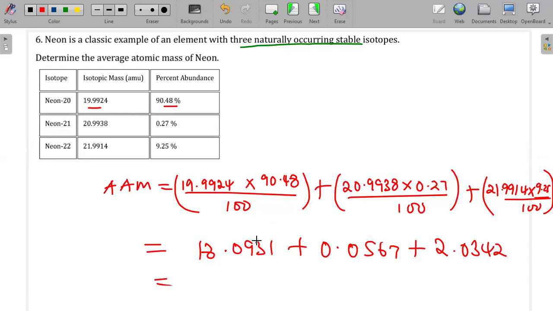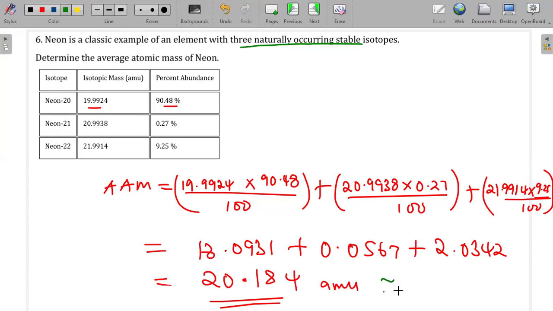I'm going to add them and then express the answer to how many significant figures? We can express it to two significant figures because the lowest here is this one with two significant figures. So I'm going to find 20.184, and this will be in atomic mass units. So that will be the answer. But you can confirm with your instructor the precise